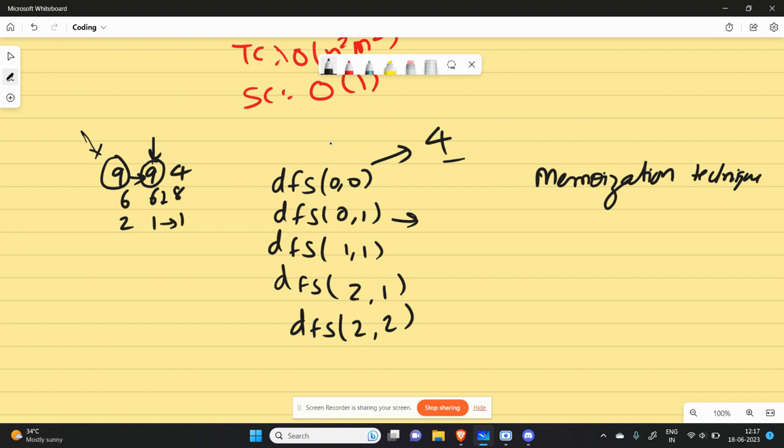Let's take the real example: 994, 668 and 211. And let's say I'm creating a 2D matrix where I would store the result of each of the possible cells. Let's say I started from this 9. By default, all are initialized to 0. And if it is not 0, then it simply means we have processed that cell, and we could start utilizing that result. And if it is 0, then we need to do the processing and calculate the result,